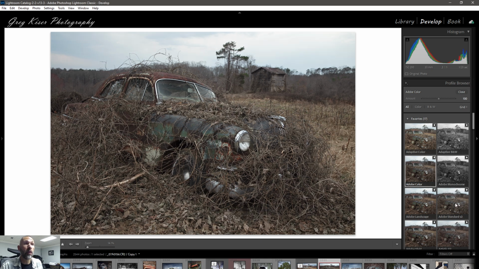Normally, I probably would have gone with the standard because, again, I get to dial the contrast in the way that I want. That's Adobe Color. That's standard. It's very subtle. Landscape is one that I would use if I wanted to bring more of the color tones out. But the standard one just left me feeling a little bit flat. Adobe Color was not bad, and I probably would have defaulted to this if I didn't have the option, but